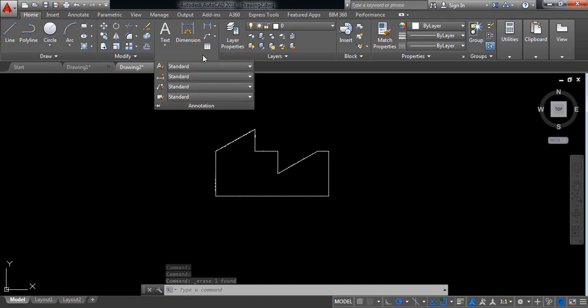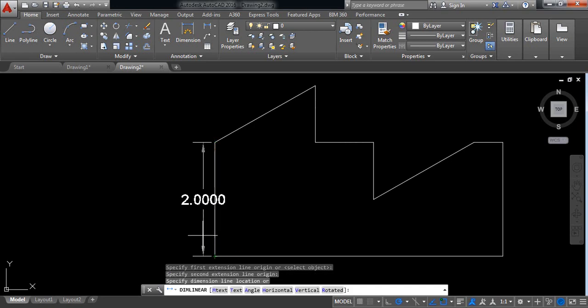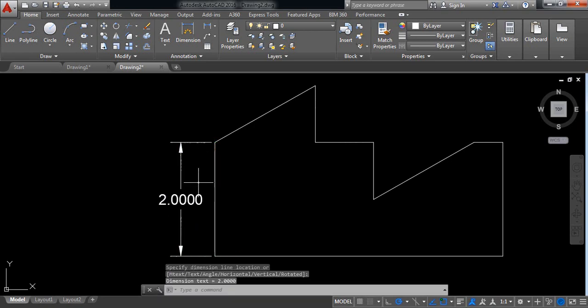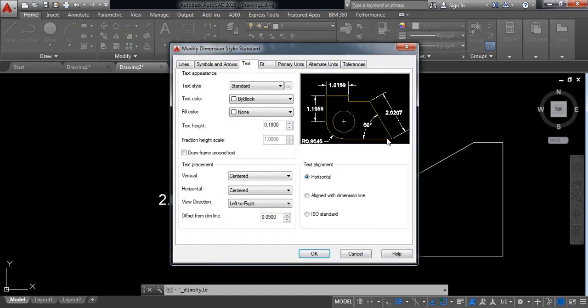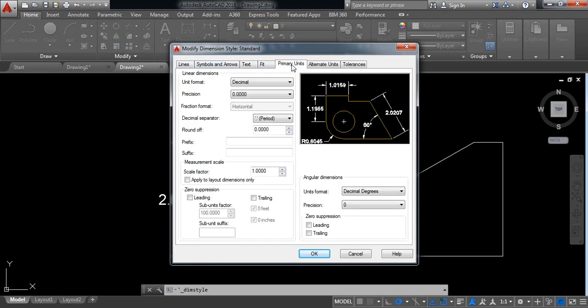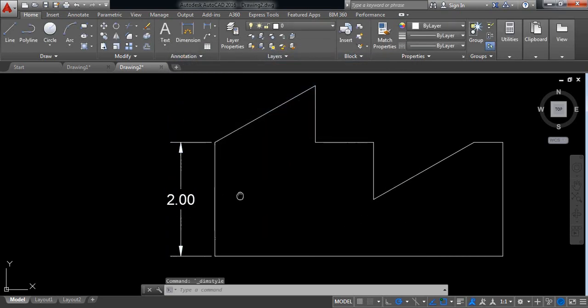Now again go to annotation, now go to linear, just click on endpoint and again in this endpoint. Okay, but there is more numbers after point, so go to annotation, the standard, modify. Now go for primary units and take just 2 points up, 2 numbers after point. So click OK, close. Okay, now